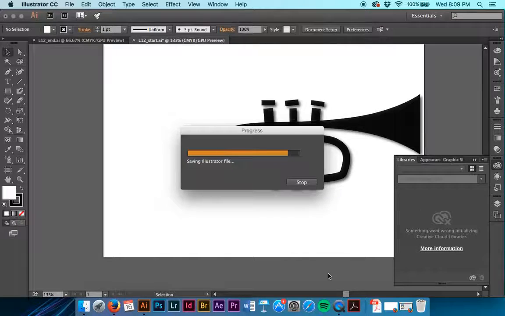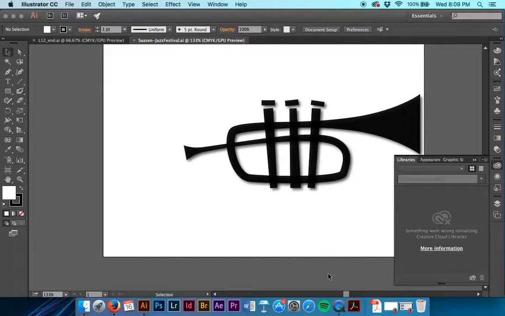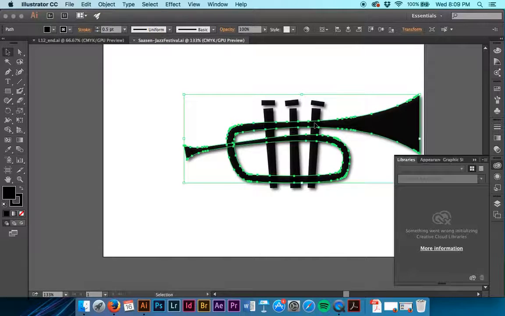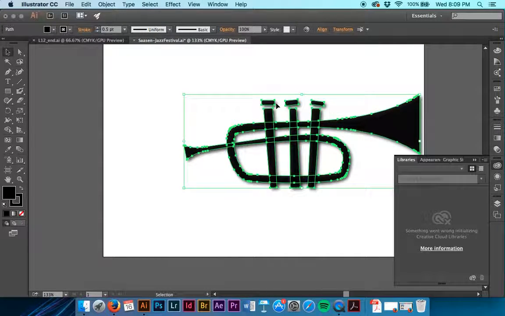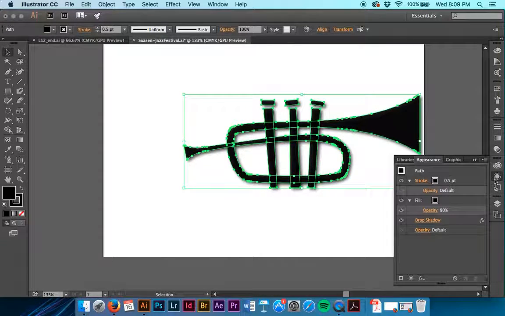So when we can, we're going to select the trumpet shape here. With the trumpet shape still selected, we're going to do Select Same Fill Color. This is a good way to find all the things together, so you get everything together. We're going to pull up the Appearance panel, which is the sun looking guy. And what we're going to do